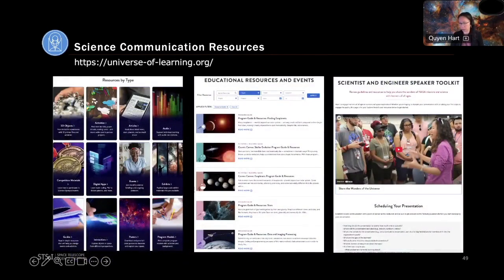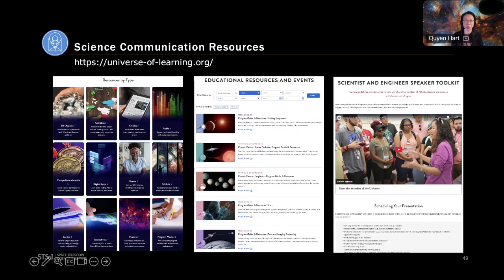Under NASA's Universe of Learning, the website is universe-of-learning.org. The resources on this program are filtered by type. So for example, if you're interested in looking for tactile materials or sonifications across different areas of astrophysics, and some of those also have Webb content in them as well, you can use this. We also have program guides. So if you happen to be going to a library and you're like, I need to figure out how to do an art-inspired activity for 60 minutes on exoplanets, that exists. The point here is that you don't need to recreate the wheel. You do not need to start from scratch.